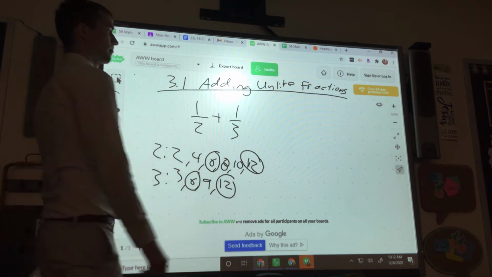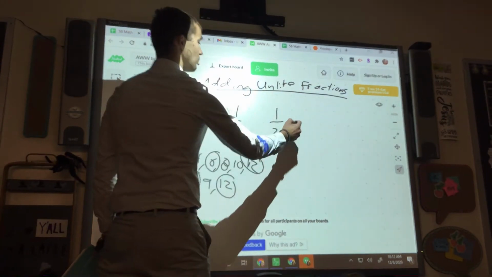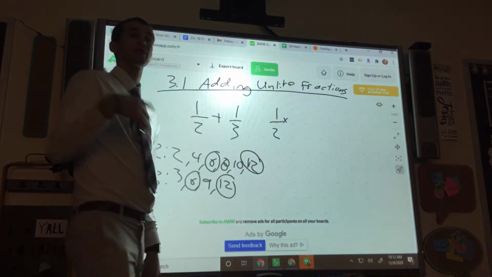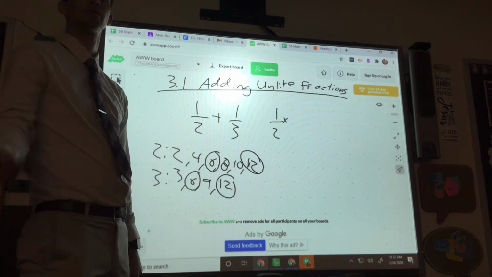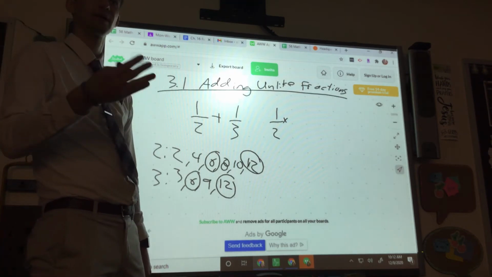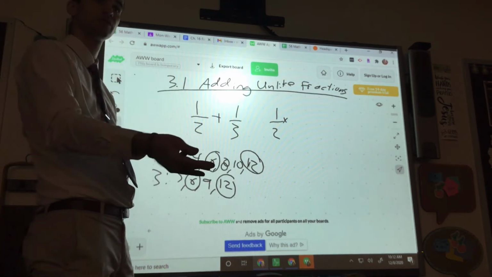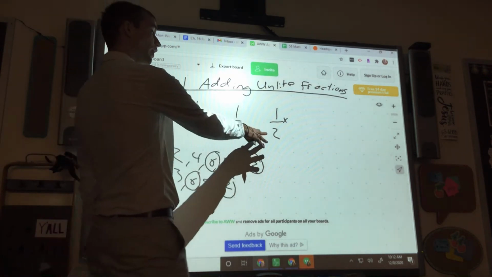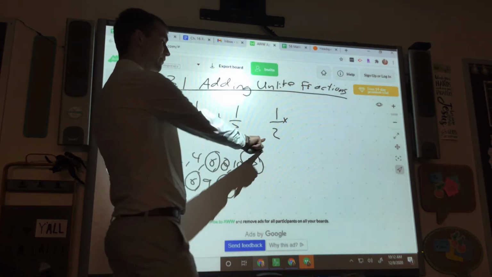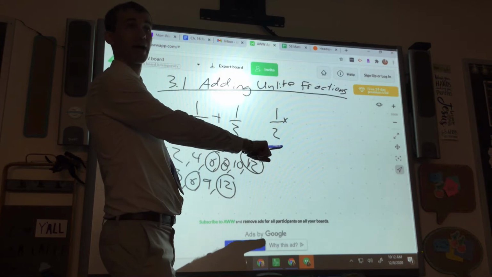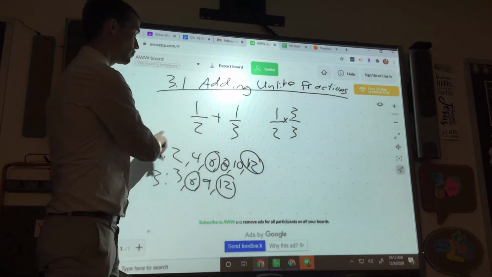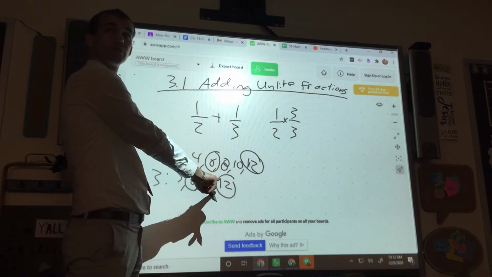So what we want to do is multiply by a fraction on the top and the bottom, so that changes the way the number looks. It's not changing the number, it's changing the way the number looks. Essentially what I'm going to do is multiply by 1. And anything times 1 is that thing. 3 times 1 is 3. 4 times 1 is 4. Well, 1/2 times 1 is still 1/2. But if I'm multiplying so that I can get 6 as my bottom number, the bottom number is called the denominator, right? So I can get a common denominator. I'm going to multiply by 3 over 3, because 2 times 3